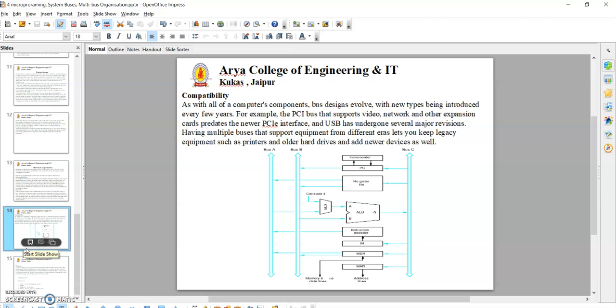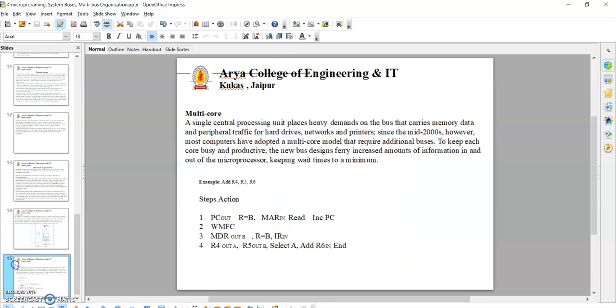You can see from the figure there are buses, bus A, bus B and bus C. The incrementer is there, which is attached to the program counter PC. There is a register file, a constant value for the multiplexer, the ALU, and there is an instruction register IR, MDR, that is the memory data register, and MAR, that is the memory address register, which is connected using the address lines. So the multi-core is